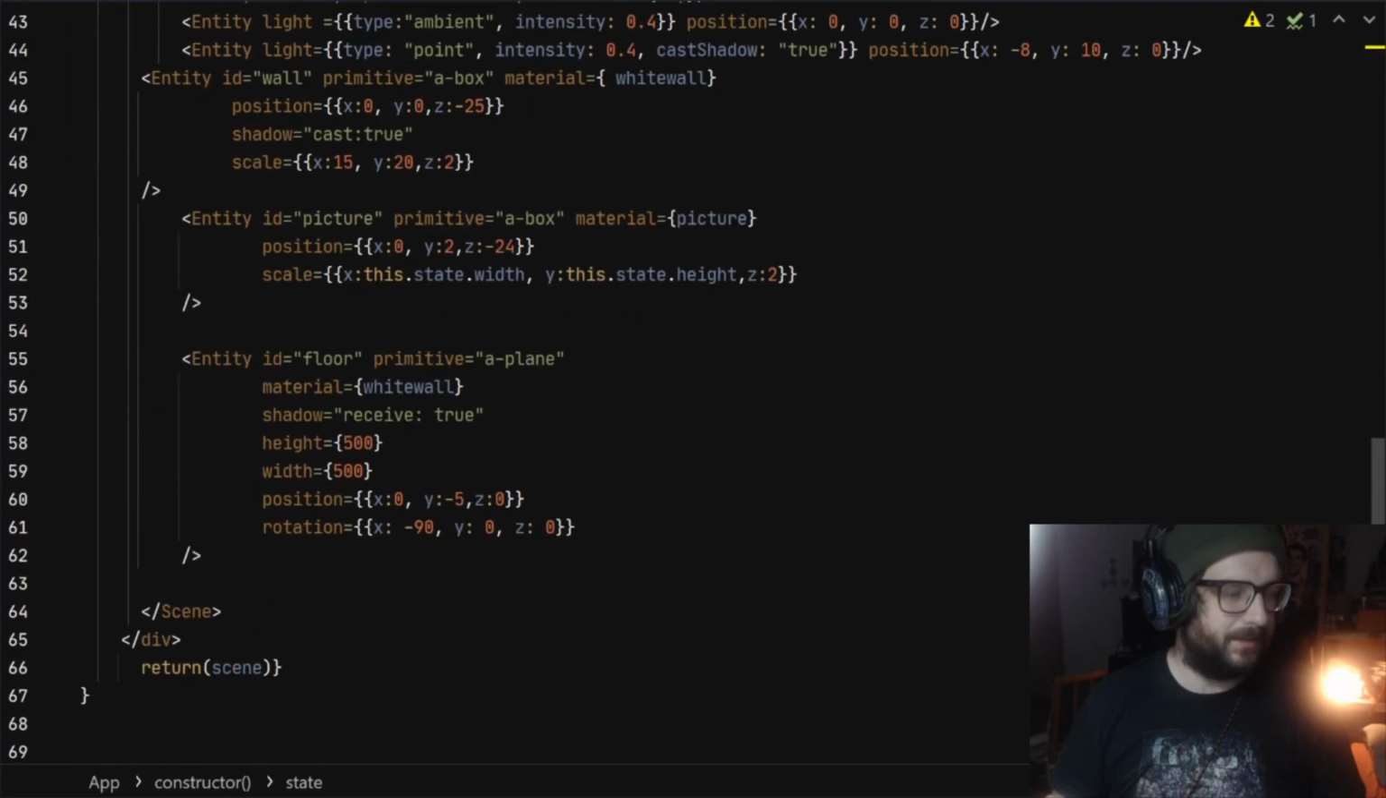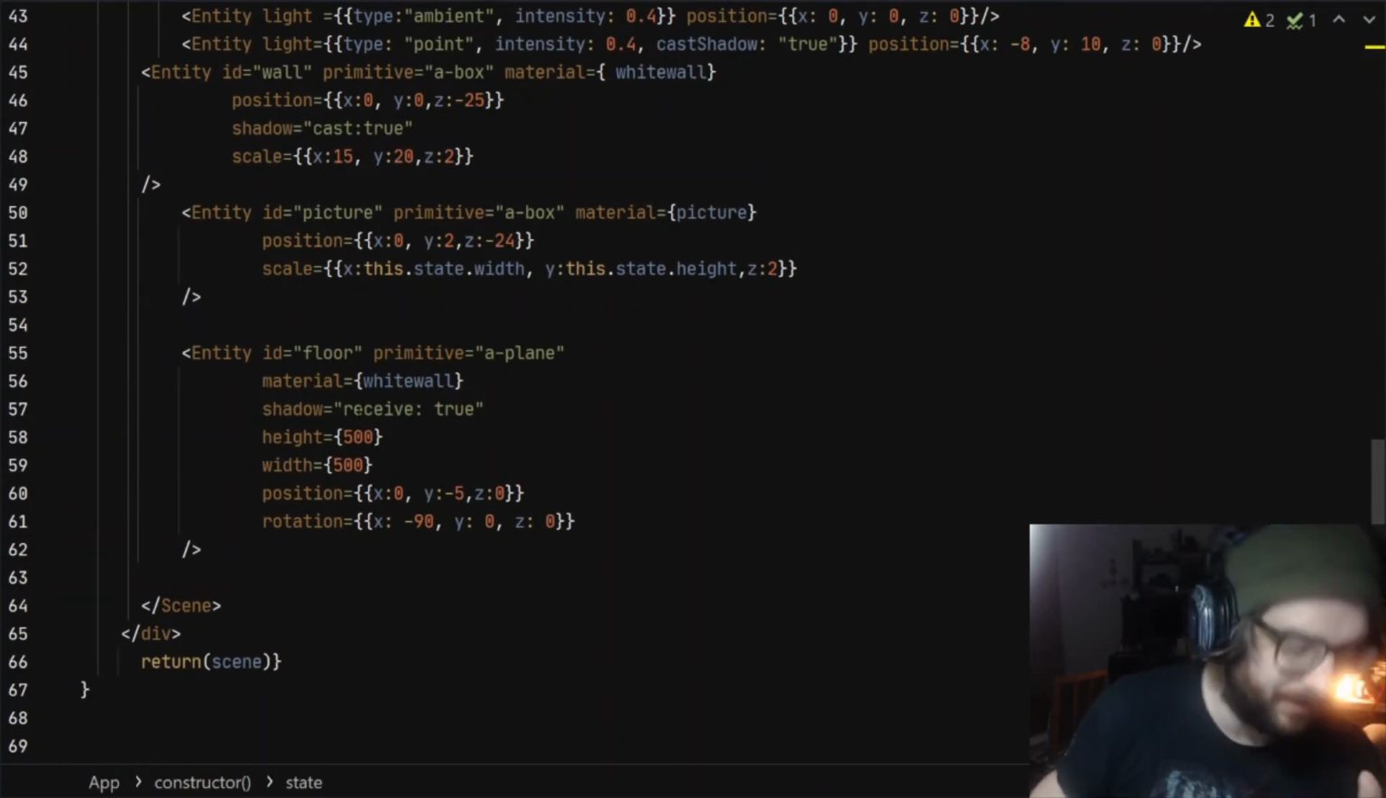Right, so I've got that in there now. So I've basically converted it into a class component now. I'll speed that up a lot because it's just annoying. But anyway,